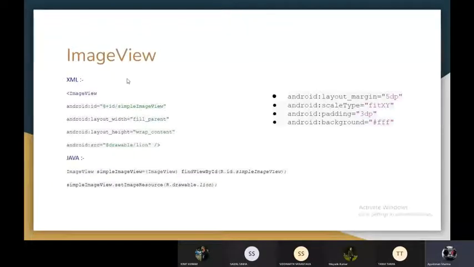So we have a new code here for the image view, that is android:src. What it does is that it simply takes the image that is stored in the particular part of our computer. Like here, it's stored in drawable.